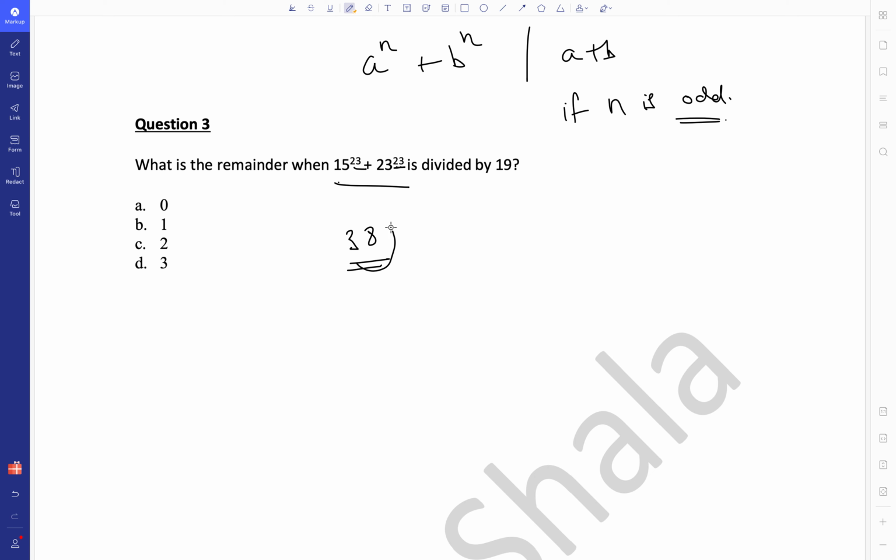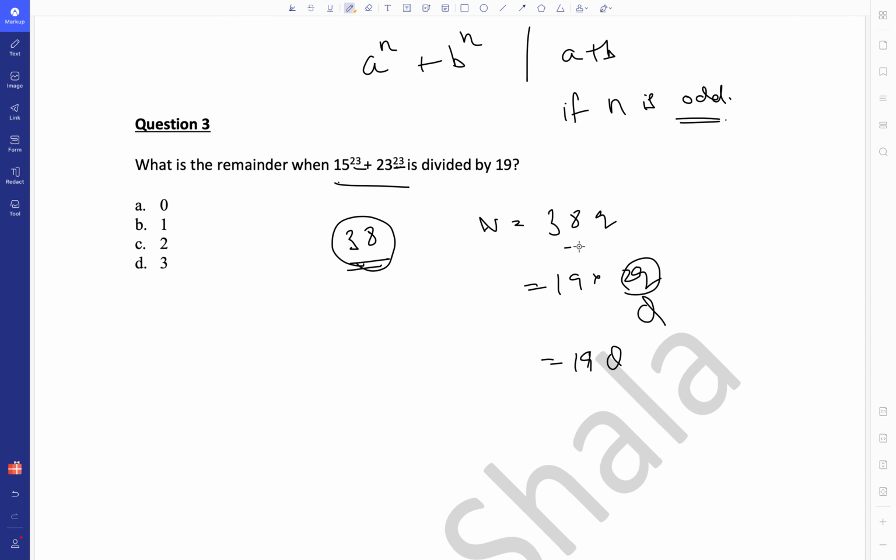Now anything which is divisible by 38 will always be divisible by 19. You know why, right? Let's see Euclid's lemma. Any number n which is divisible by 38 is 38q. You can also write that as 19 multiplied by 2q. This 2q will become another capital Q. So this becomes 19 capital Q.